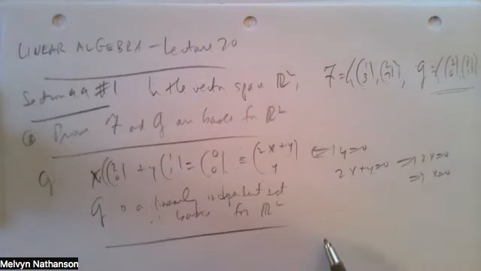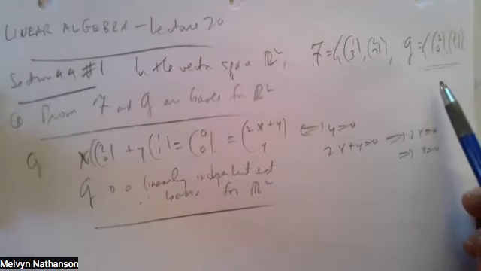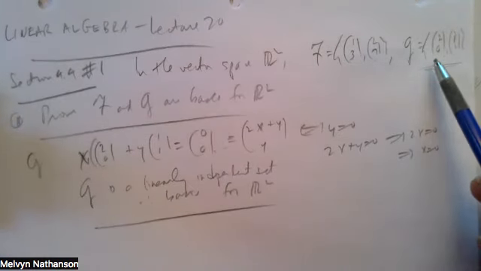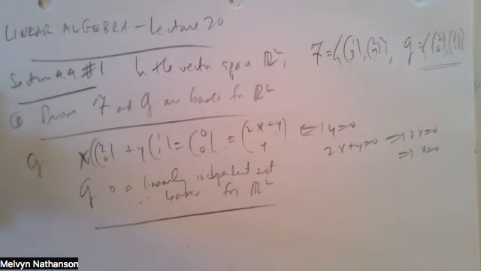for R2. Okay, so is there a question about this? No, you just have to prove that each of these sets by itself is a basis. Yeah, go ahead. I thought after proving that these 2 vectors are linearly independent, we had to do something more to prove it. No, so